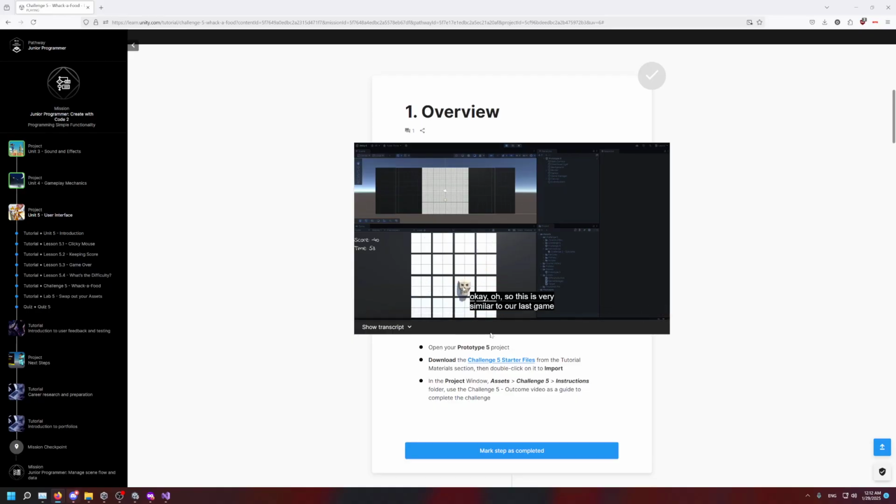Okay, oh, so this is very similar to our last game. We're clicking things, but we click the pizza instead. Okay, cool. Pizza, more pizza. Cookies. So this is a food-based game. Don't click the skull, click the cookie. This is happening. We have our timer, so we can click all the different foods. This is